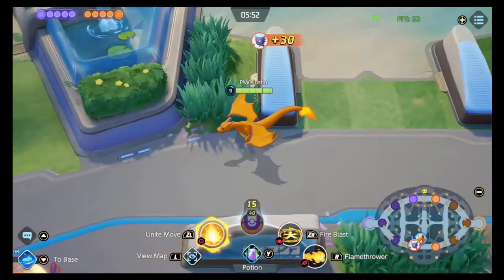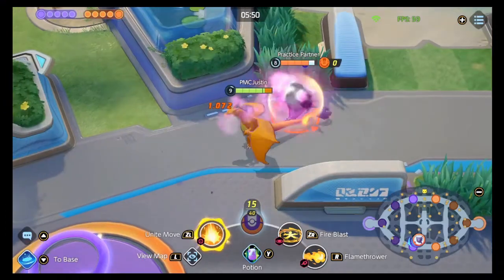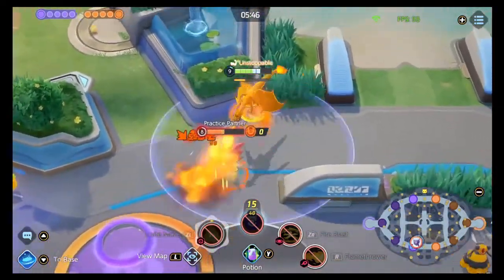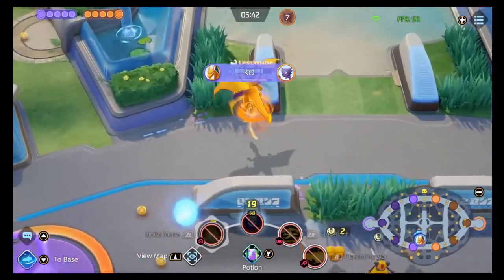So one more thing to note with his ultimate, right here you can see the Haunter or Gengar sort of blinked behind me, so then I just grab him again from behind, boom, slam him down, and now look at all the damage I'm able to do while up in the air. So one last thing I want to note in the guide